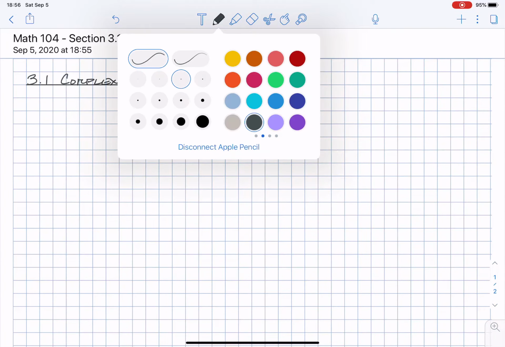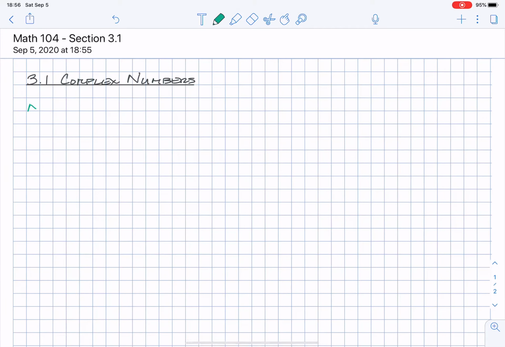Okay, so let's note the imaginary unit i. The imaginary unit i is given as: i is defined to be the square root of -1. Okay, and we consider